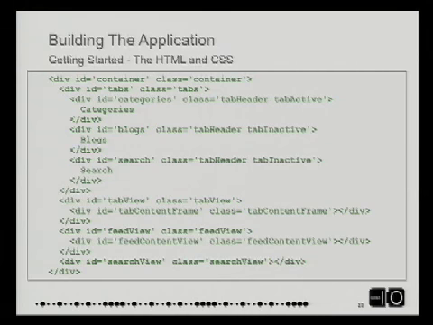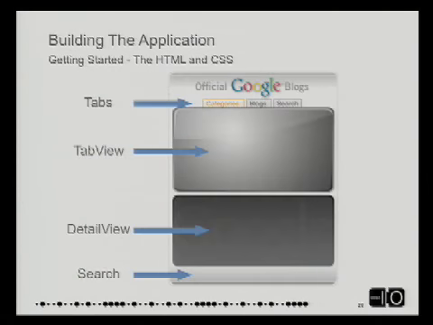So the whole top part of that is just simply the little tabs. We have a tab view, and we have a content frame inside of that. The feed view is actually the detail view, and the search view, which is where we're going to inject our search control. This is obviously skipping over the first pass of CSS, but you can see where the tab stuff are, the tab view, detail view, search view. We got some background images. We picked some colors. We got a logo for the complete container, but essentially there's no code in here. It's simply the DOM and CSS.